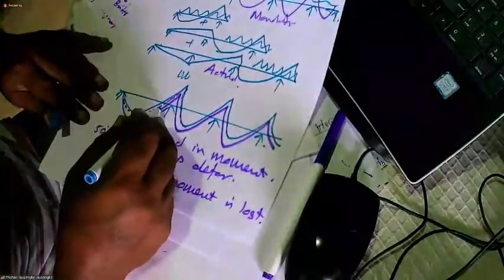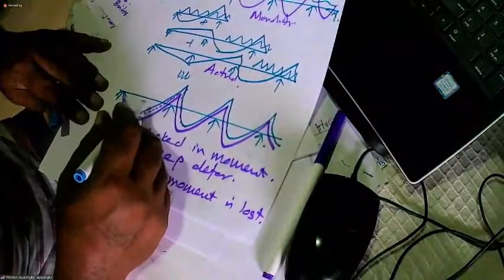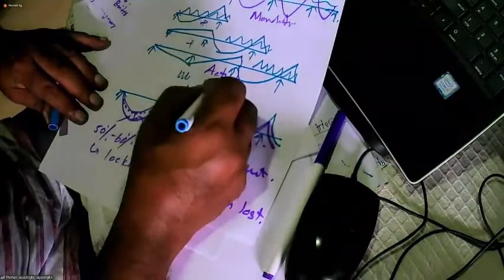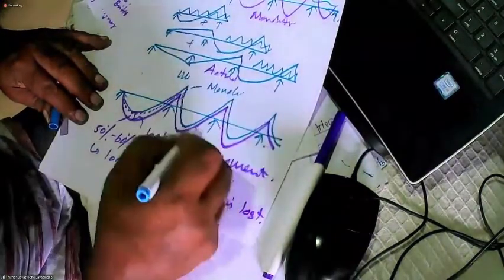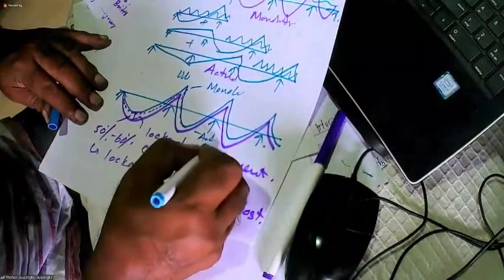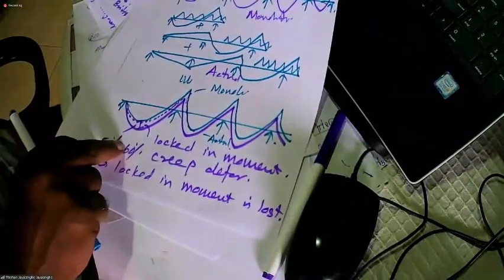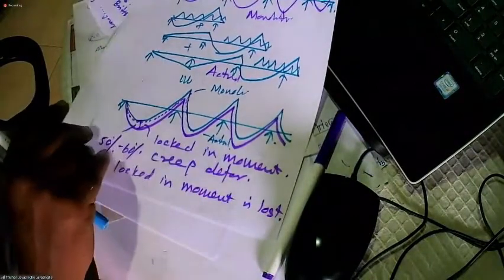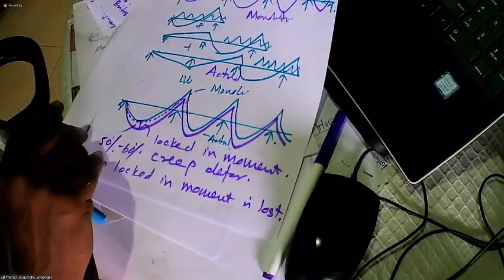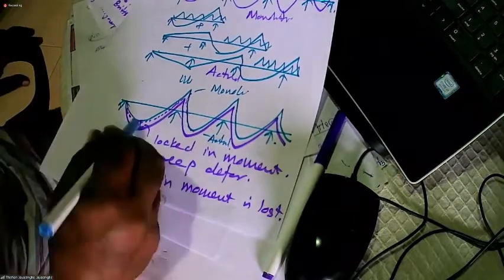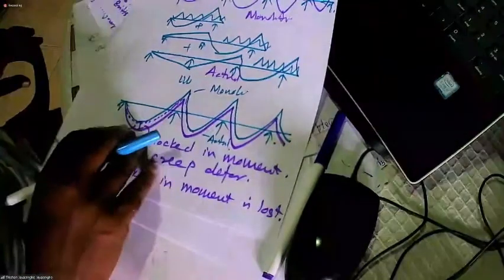So the purple color is the actual. Monolithic is blue color. This is monolithic. This is actual. But again, you can't use actual for calculations because actual is going to change with time due to creep deformations. This is called locked-in moment, and locked-in moments are lost with time. So you can't use this. So generally, in continuous construction,